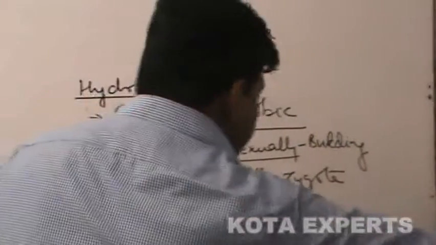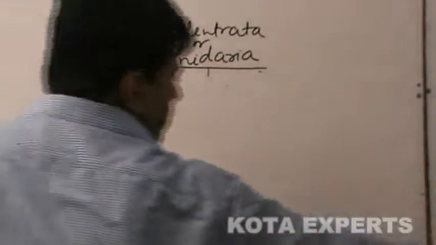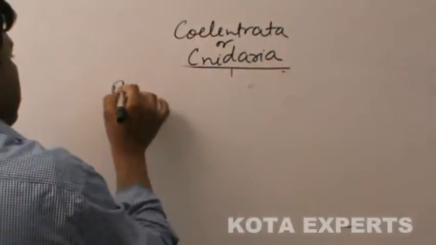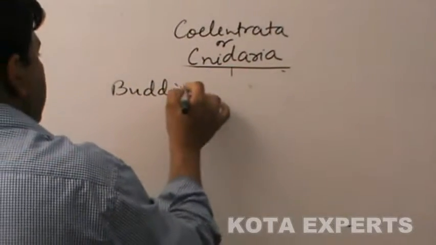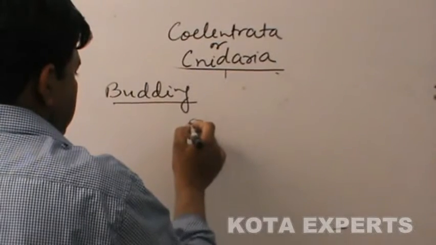Now let's see each one of them. Asexual reproduction by budding. What helps in budding? What happens in budding? Say this is an